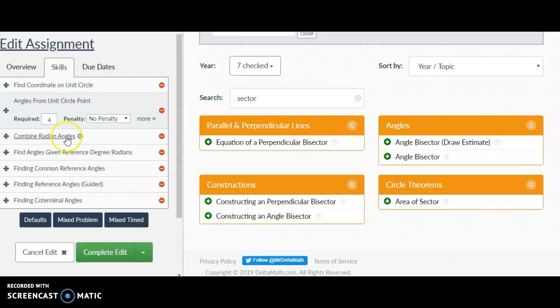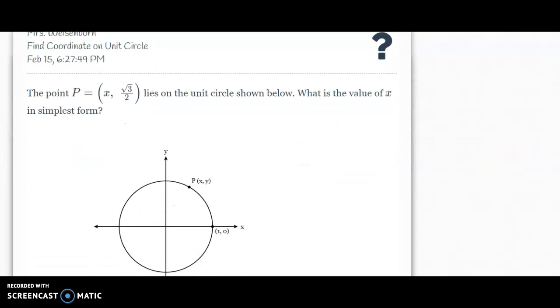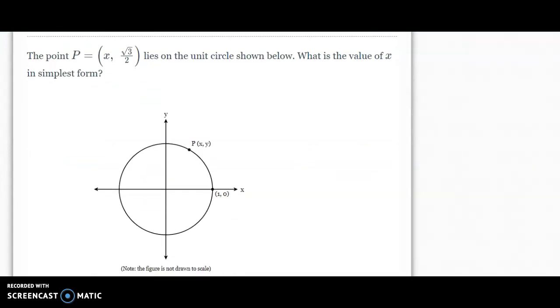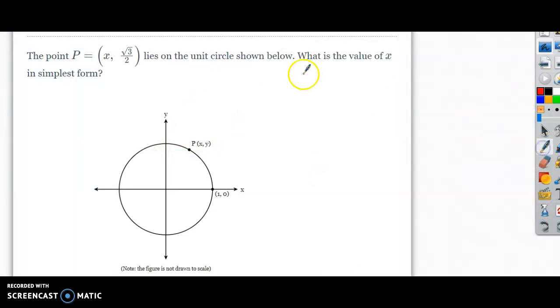So I wanted to go through and talk about how to approach these. I'm going to look at finding a coordinate point on the unit circle. If I have a problem like this where it's not telling me part of the coordinate point, but it's telling me the other part, I can use that equation x squared plus y squared equals 1, and I can plug in what they're giving me. So I can plug in this y value here